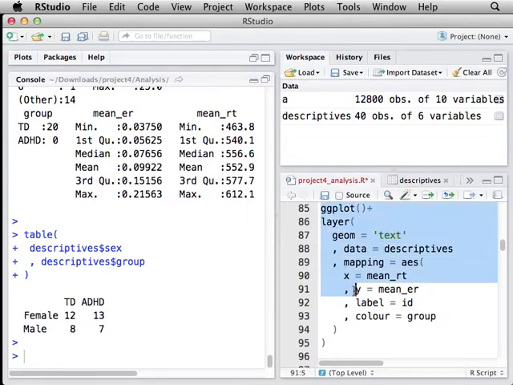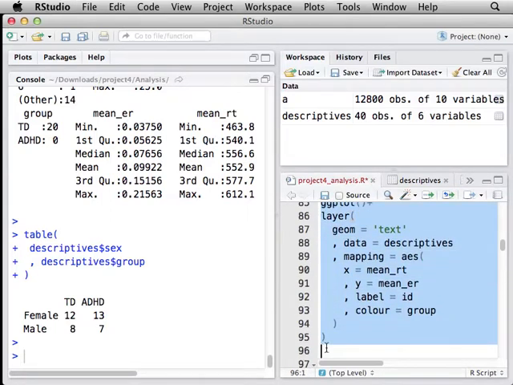I'll tell you why I want to do all this after I run this, but as I said, it's pretty straightforward to see how I am achieving that mapping of aesthetic attributes to columns in the data. If I want to map the x-axis aesthetic attribute to mean RT, I just add it as x equals mean RT. Y equals mean ER means that I'm putting mean ER on the y-axis. I've asked it for a geometric object of text, so it's going to plot little text on the screen, and to say what the text label should be,